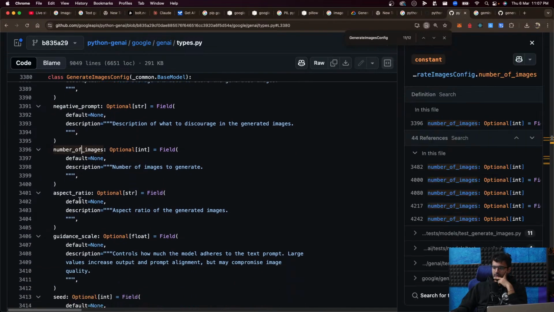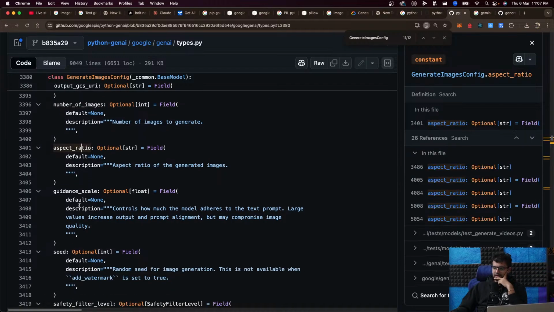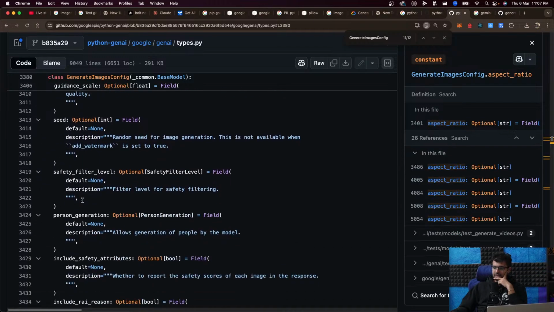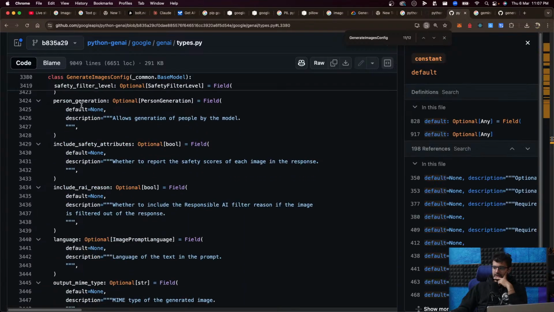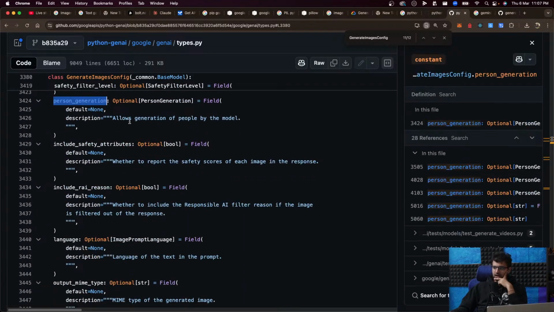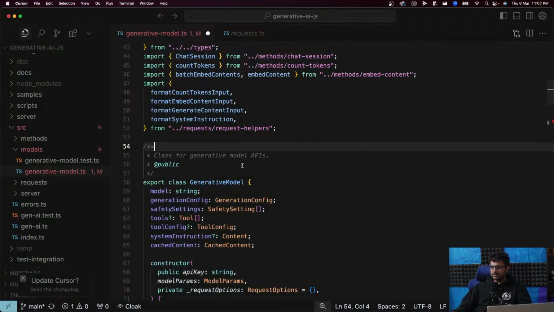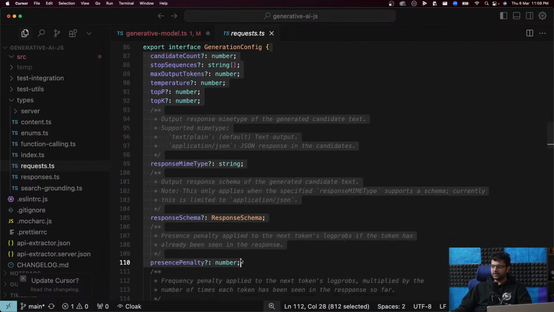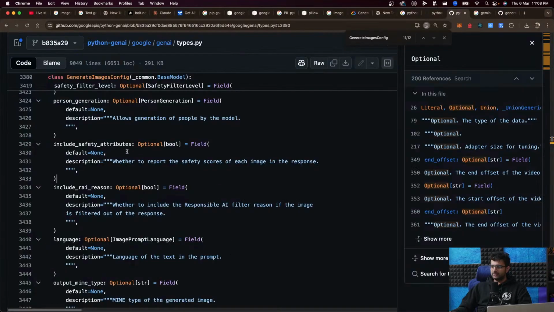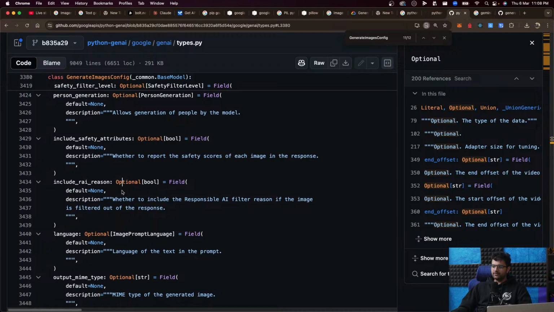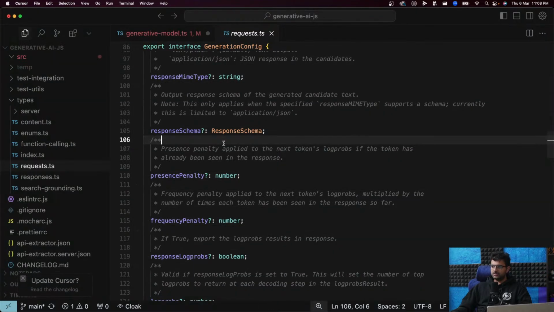Negative prompt, number of images, aspect ratio, guidance scale, seed, person generation, which allows generation of people by the model. Yeah, this is very specific to the image model. The generation config here is very specific to a text model, and the image generation config is very different. So let's not do that.